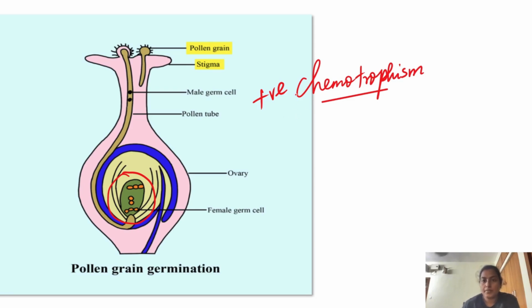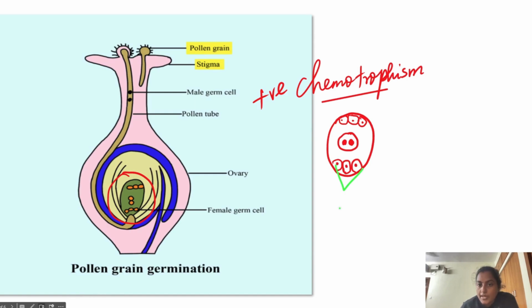Okay. So let me draw the diagram. If this is the ovule, inside the ovule you can see 3 cells on the top, a single cell with 2 nuclei, and then here you can see 3 cells. This is how the embryo sac is going to look. So basically, these 2 cells, we call them synergid cells. This is not there in your NCERT. Since I'm covering concepts for your competitive exams, this will be useful. And the center thing is the egg cell.